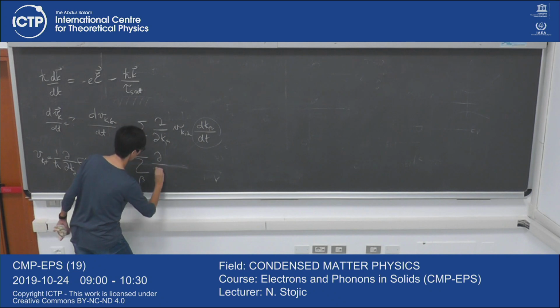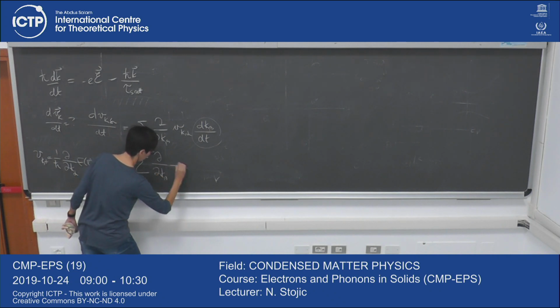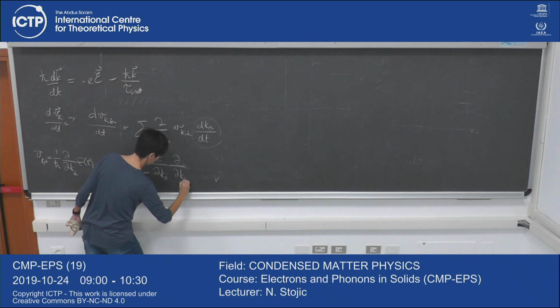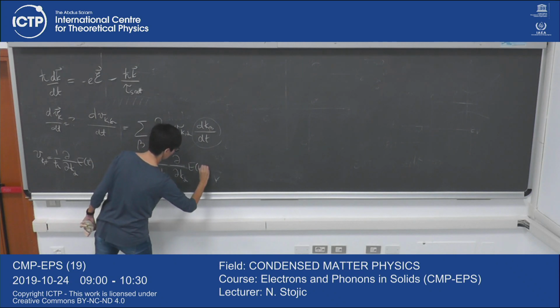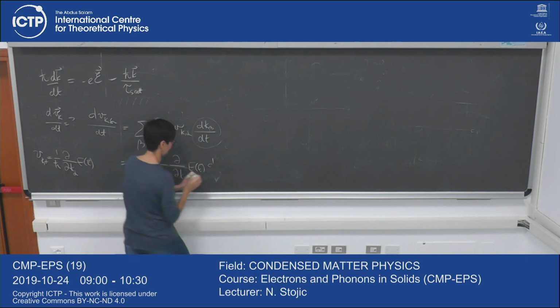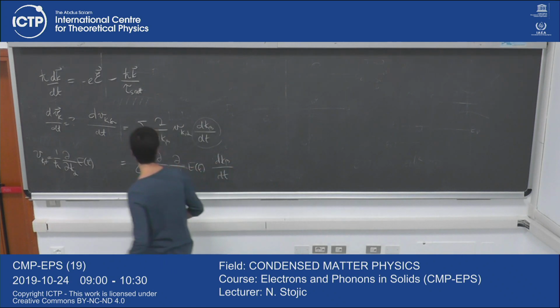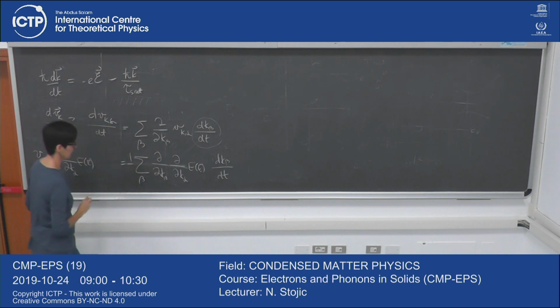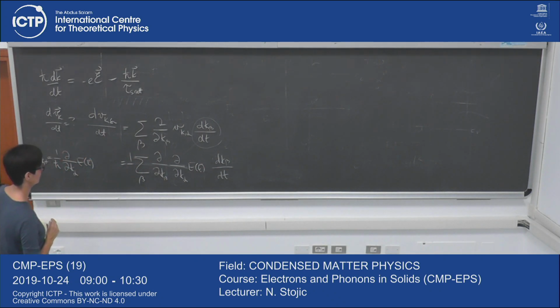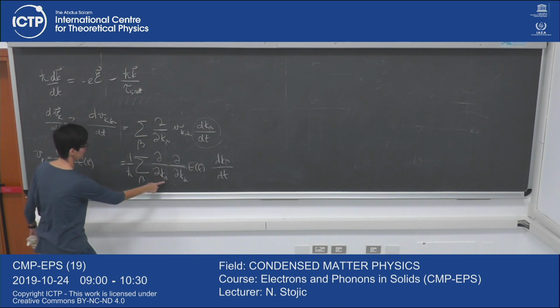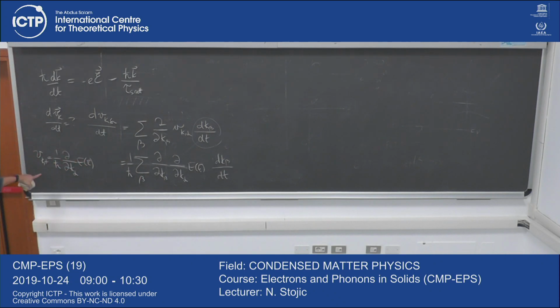Let me write separately: k beta d over d k alpha of this energy. And I still have dk beta dt. And I forgot the 1 over h. To write this, I need 1 over h. This one. Okay? I'm just writing what we know. It's maybe not the most obvious where I'm going to, but